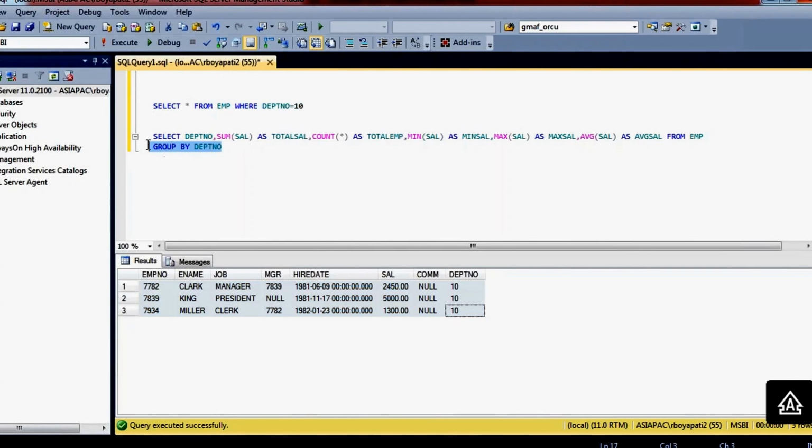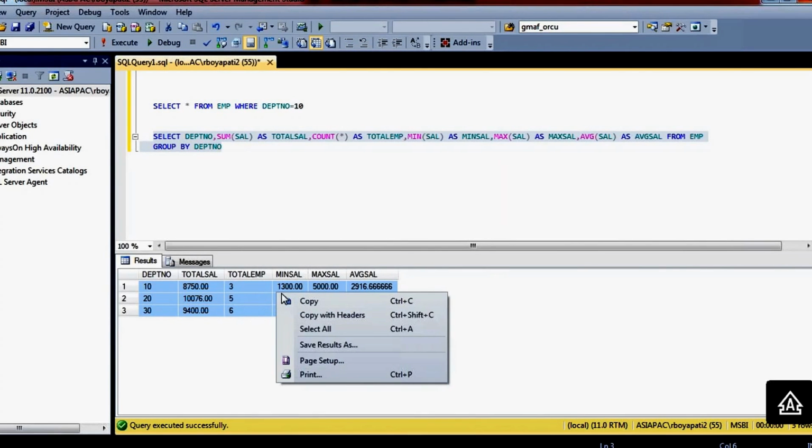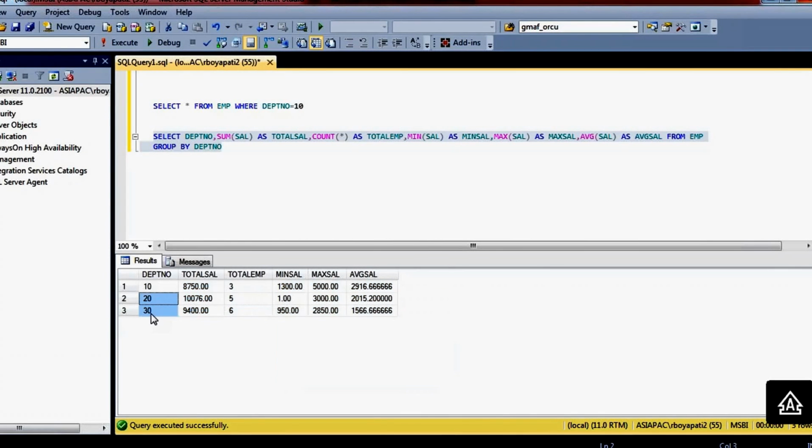So whatever query you are writing here gives some result, right? From this result I want to filter the data. After aggregating, it gives each department's total number of employees.